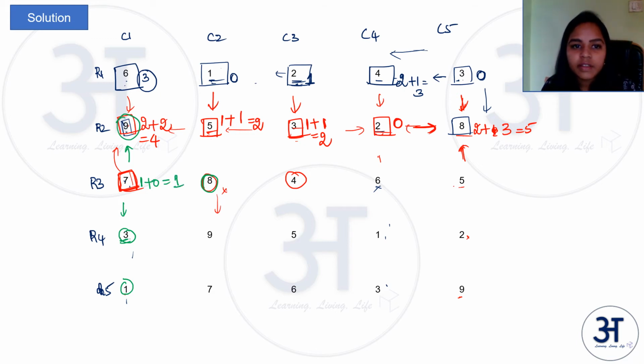Coming to 8, 5 can reach 8 in the column above 8. 1 cannot reach because even though 1 is less than 8, 5 is there in between. 9 cannot reach 8, and this blocks all the possibilities. So in the column 1 possibility to reach 8. Row wise, left side 7 can reach 8. Right side 4 can reach 8. 6 also can reach 8 because 6 is less than 8 and 4 is less than 6. 5 can't reach 8 because 6 is greater than 5. So in the row there are 3 possibilities, 7, 4 and 6. So totally 4 possibilities to reach it.